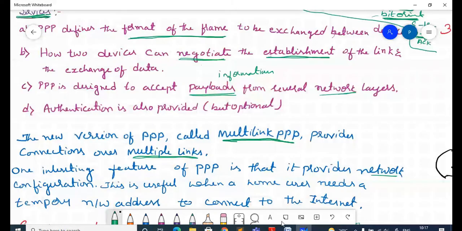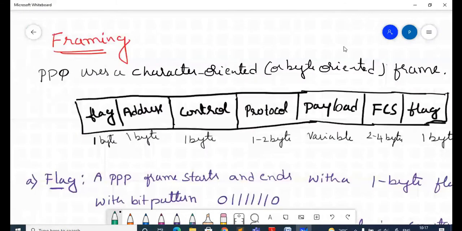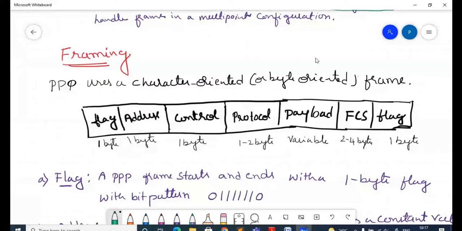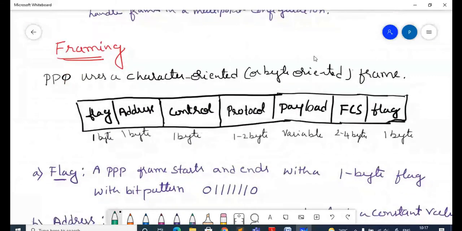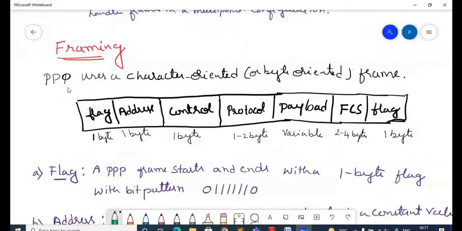So next we'll move on to framing. You can observe the framing structure. The chapter we have started, the 11th chapter, mainly deals with this frame structure: what the different types of frames are, and what the different protocols are. According to the point-to-point protocol, it is an example of a character-oriented protocol. I already told you HDLC is bit oriented and the point-to-point protocol is a character-oriented protocol.